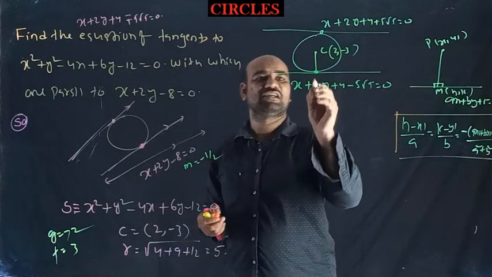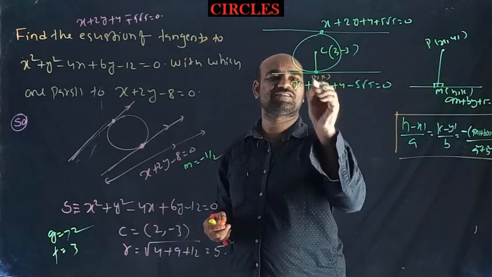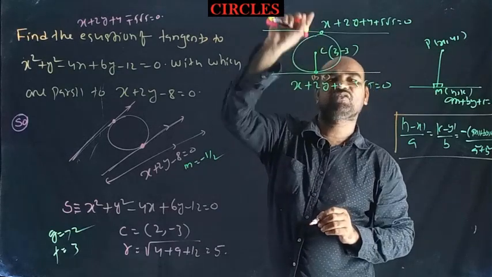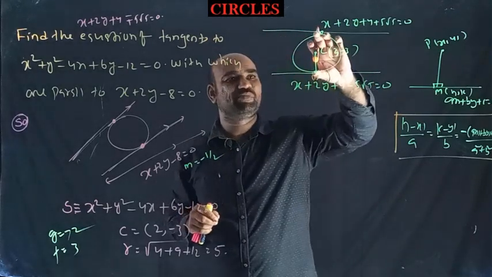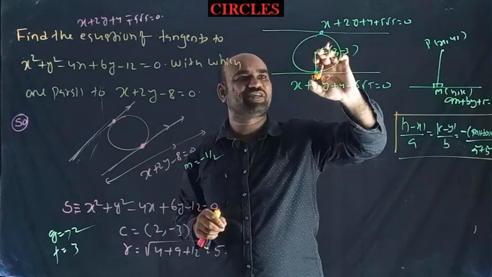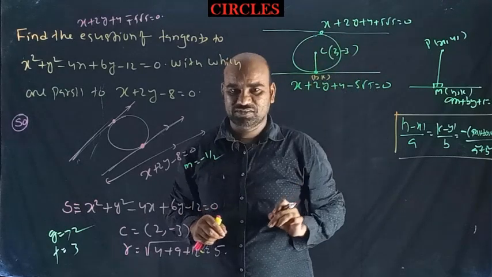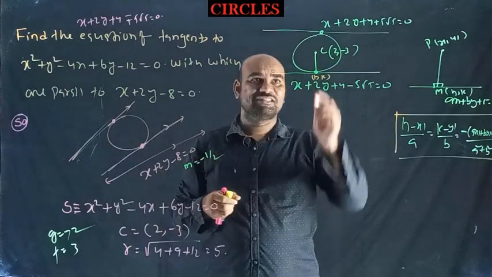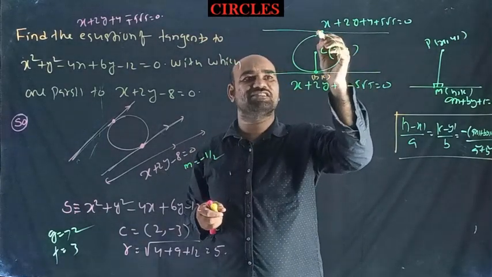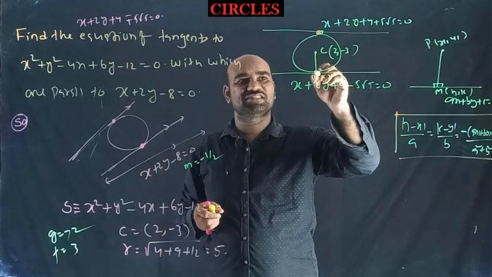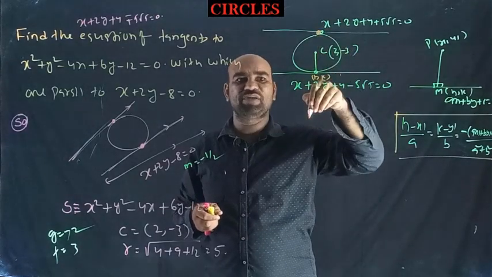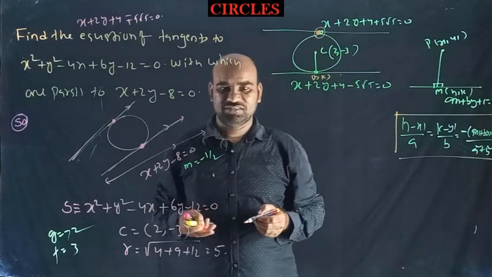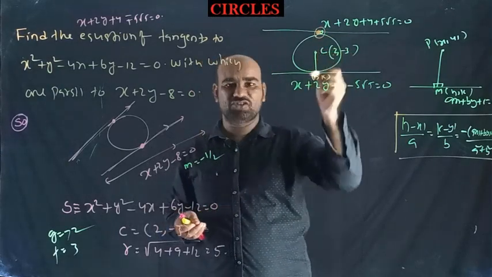Here also, let the foot coordinates be (h, k). First of all, I will find one foot; the other one you can find, that is not a big problem. It also comes directly by using the midpoint formula. This becomes the midpoint, and that becomes the diameter. In a circle, if two tangents are drawn through the ends of a diameter, they are parallel only. That's why these two points are collinear and that becomes the diameter. So after finding (h, k), using the center you can directly find this midpoint, since the center is the midpoint of these two.